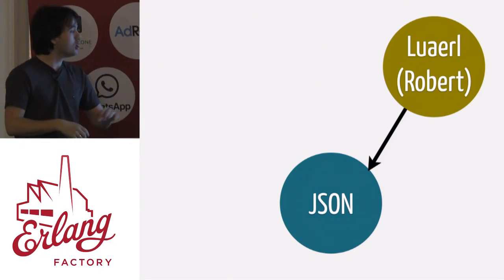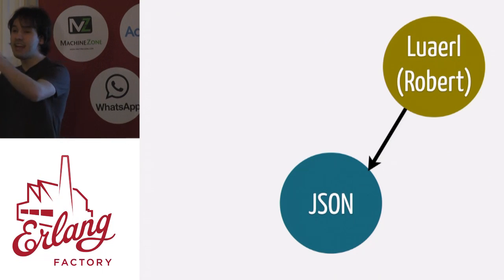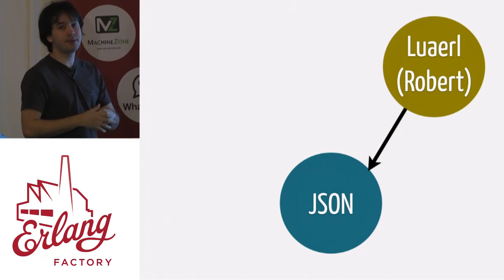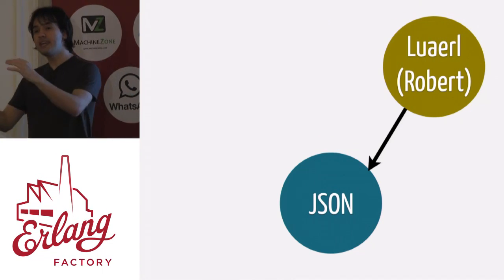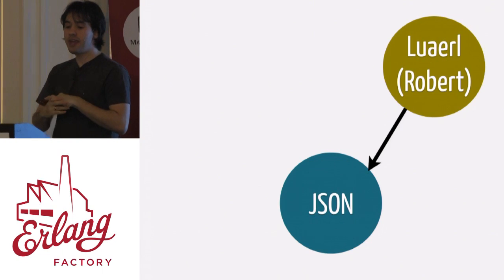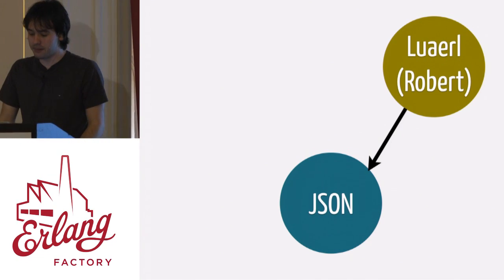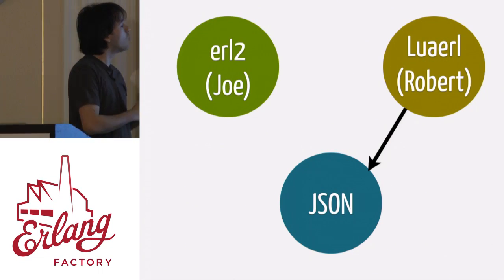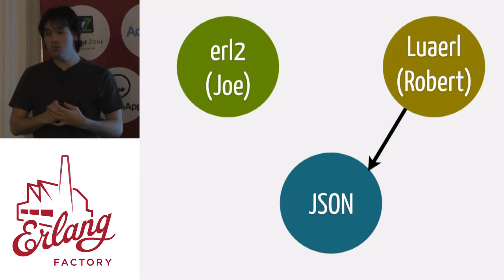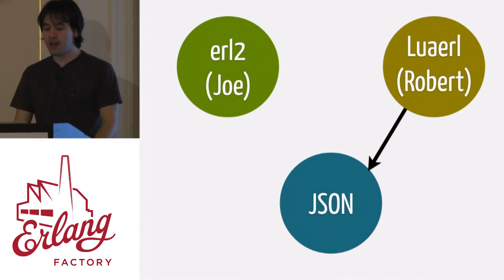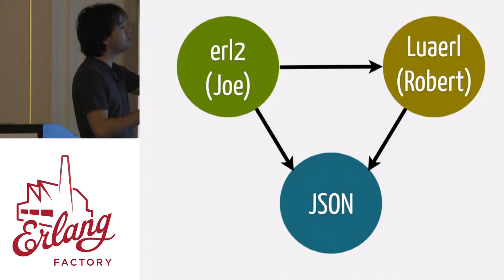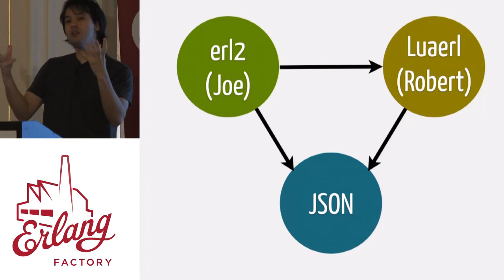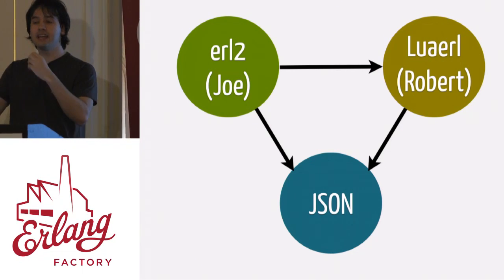One of the options would be to fork the JSON project and let it know about his new data type. Maybe if the person who designed the JSON library allowed a function to be given as a callback, he can use this callback and then use the JSON library. But now imagine that someone comes later, Joe, working on his Erlang project, and he wants to interface with the Lua project and also use the JSON library. So he wants to use both. And Joe also has his own data types, because it's a new Erlang version.